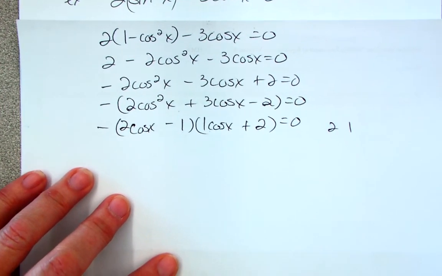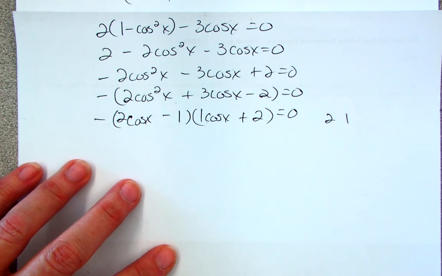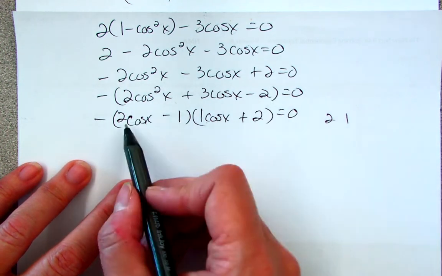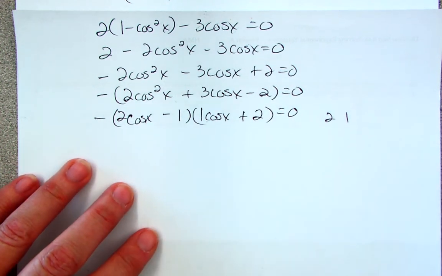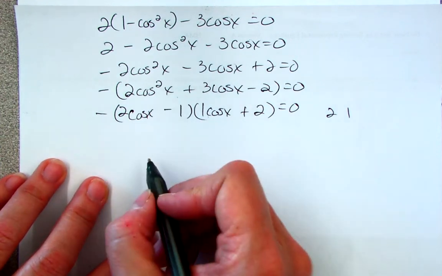I know that I did not really do much teaching on guess and check last year, but we did so much technique that hopefully at some point you can start doing guess and check. You know where this trinomial comes from. It's from multiplying two binomials. And so now I can set each one